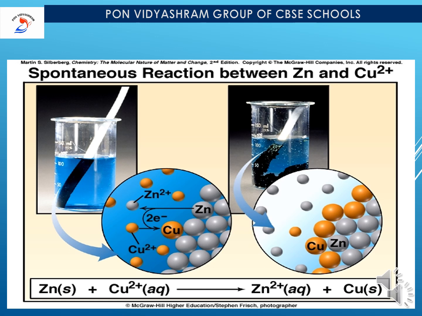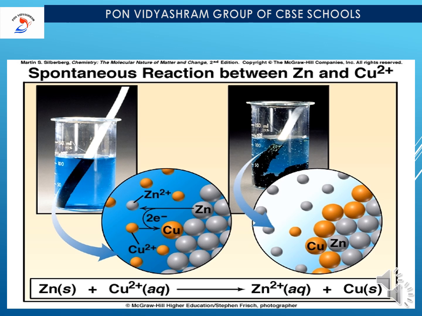Why does the weight of the zinc rod decrease? We know that once you keep the zinc rod into copper sulfate, due to standard electrode potential, Cu2+ has a strong pull of electron and Zn has a weaker pull of electron. I hope you remember this. Let me repeat it. Cu2+ has a strong pull of electron and Zn has a weak pull of electron. So according to that, Cu2+ will try to pull the electron from the zinc electrode.